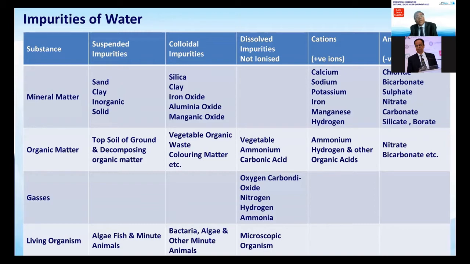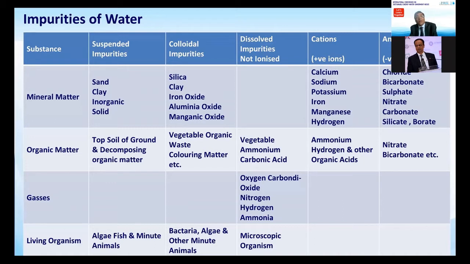In the suspended impurities, you have the sand, clay, inorganic solids, and the organic impurities, top of soil, ground, or decomposing organic matter. And then we have sometimes gases, living organisms, algae, fish, and minute animals. In colloidal impurities, we have silica, clay, iron. You can review this table, and I